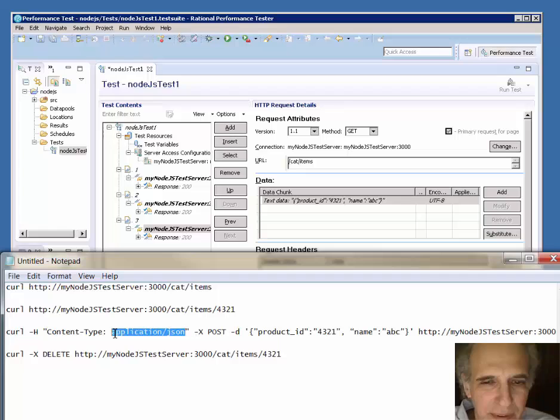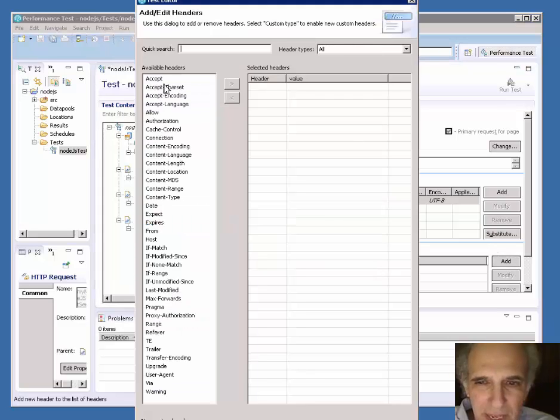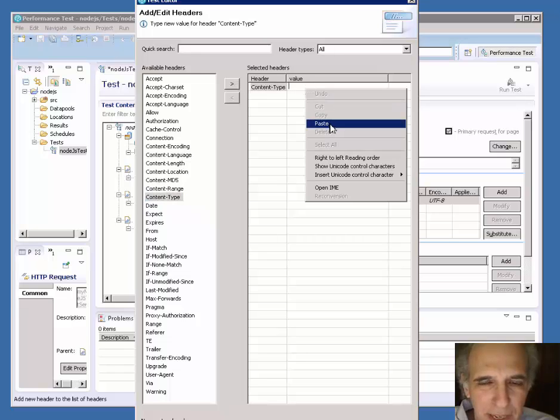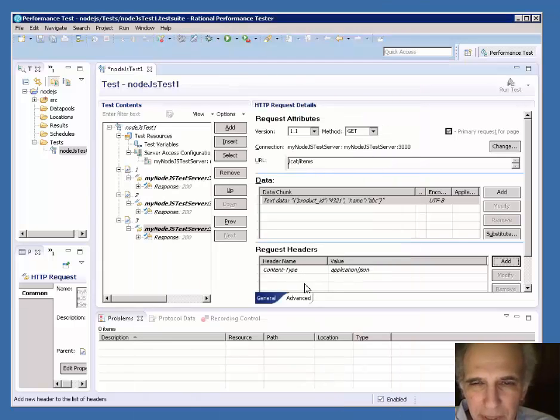So what I'll do there is I'll copy this content type, and then I'll add the header by saying add request header, and it gives me a choice. So I pick it out of the list here. You could manually type in any header you want to. They give you the choice of the standard ones. And so there I made the content type of the request application JSON. So now it almost matches that curl request,